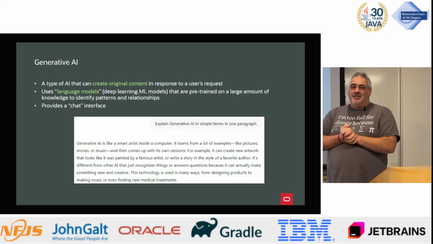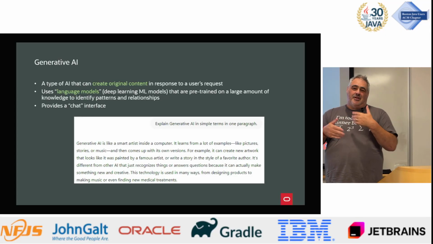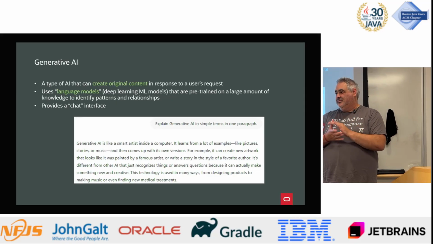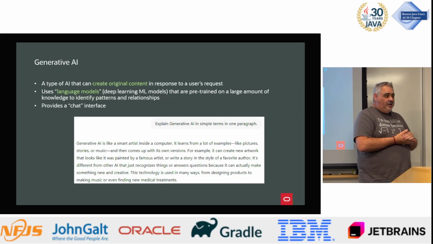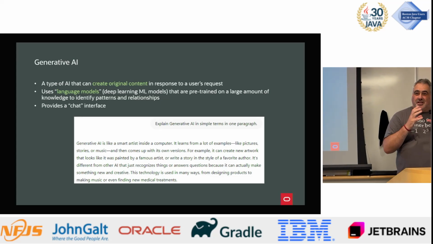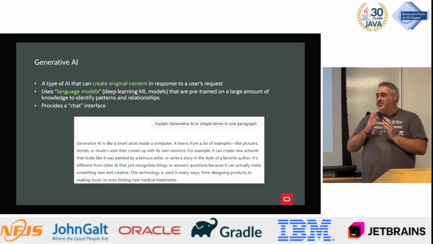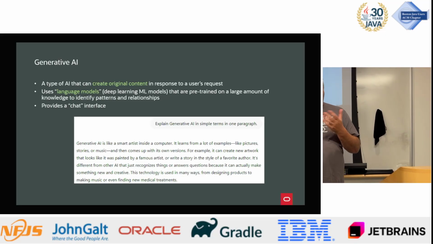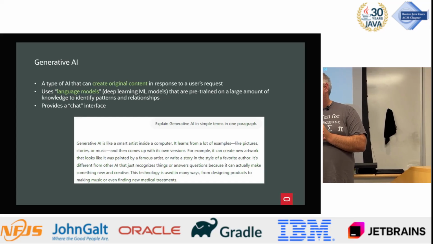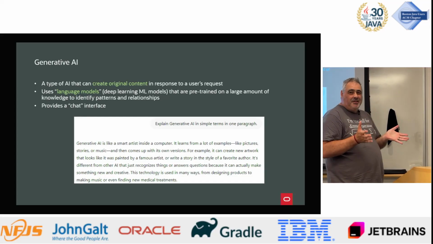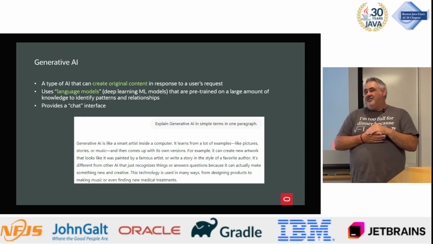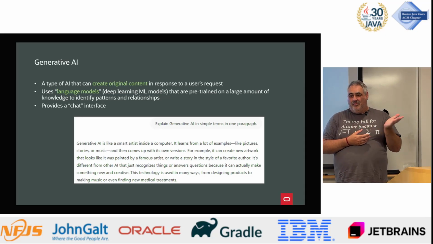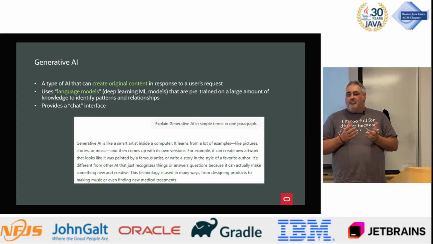Machine learning is a subset of AI, which uses algorithms that are able to learn and tune parameters to improve performance. Deep learning is a subset of machine learning that uses neural networks with many hidden layers to solve complex, nonlinear problems. And deep learning has been shown to be extremely successful. It was really invented, I think, in the 60s, 70s. A lot of the really important papers were written, but they didn't have the volume of data or the compute resource to actually implement it. So it was just theoretical.